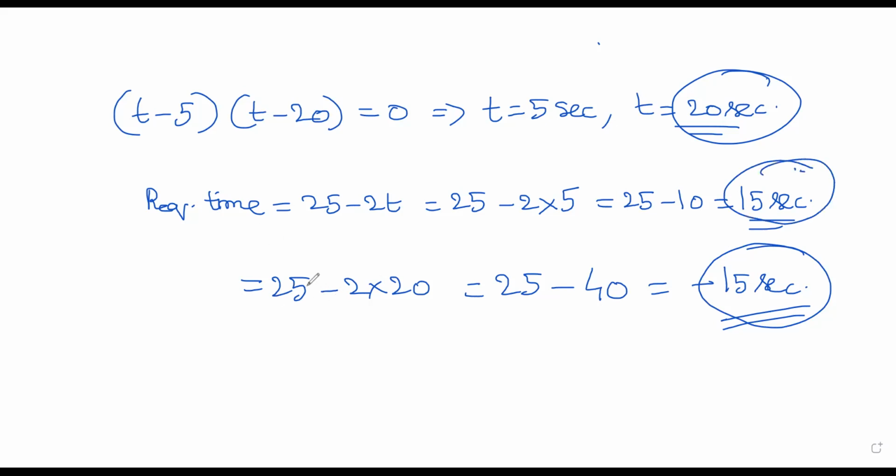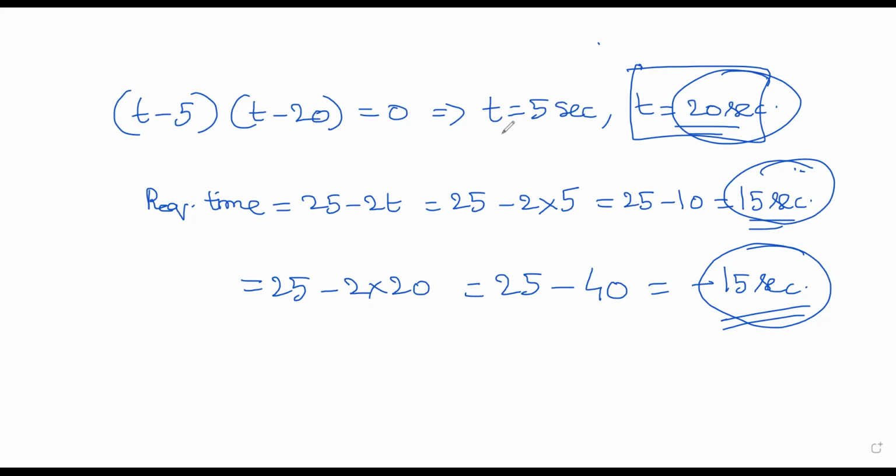So this is an extraneous root. It is called an extraneous root. So let's not worry about the extraneous root. It also says that when you cross this 20 seconds, it says that 15 seconds in the past, it had that uniform motion. That's what the negative 15 seconds will tell.